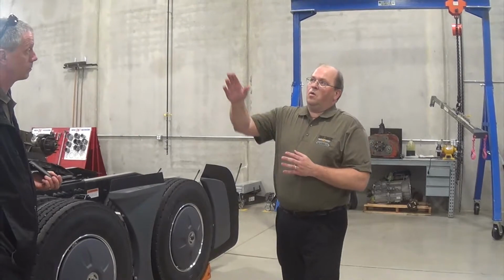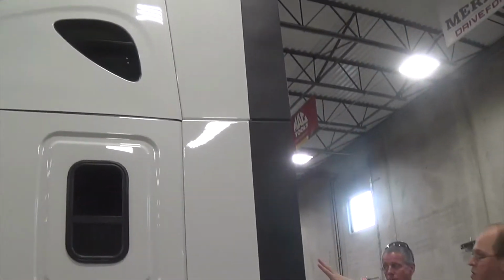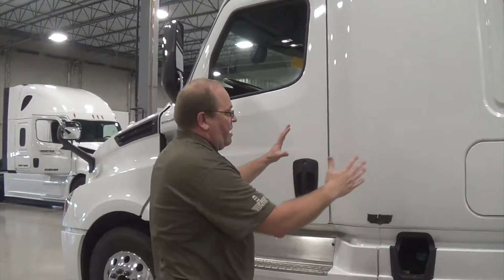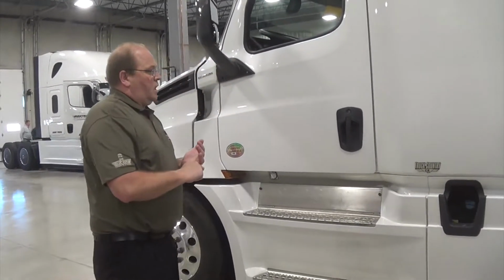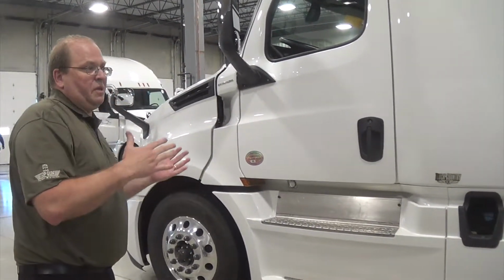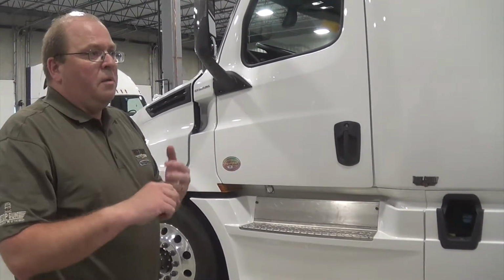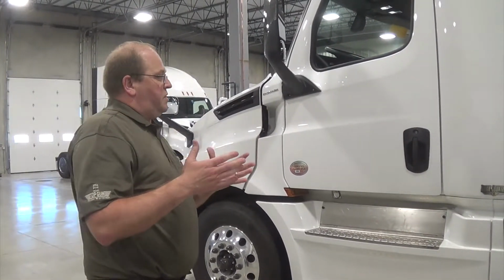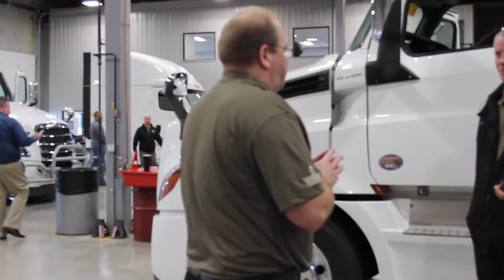So with that, we also need to talk about the exterior. There are some exterior options, where there are door or window options. We also have two levels of exterior. We have Elite and the Professional. So the Professional is going to be lower cost per mile because if a chrome piece would break, it's not going to cost as much as with the Elite grade. But the chrome information